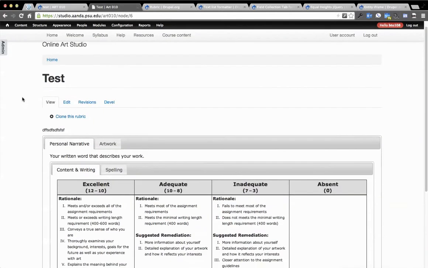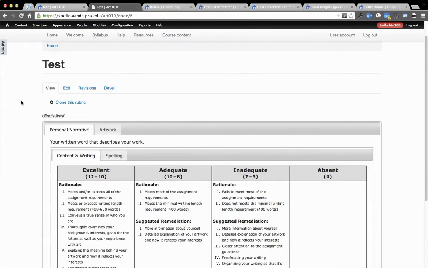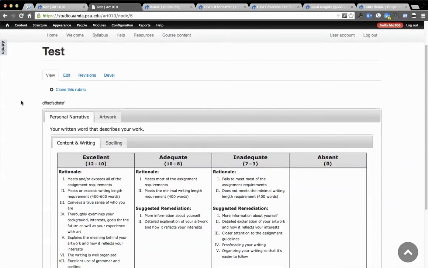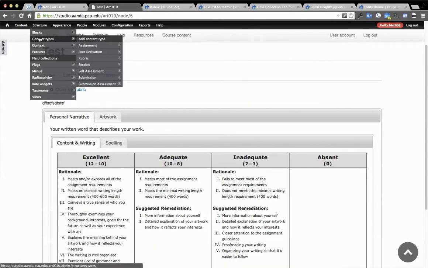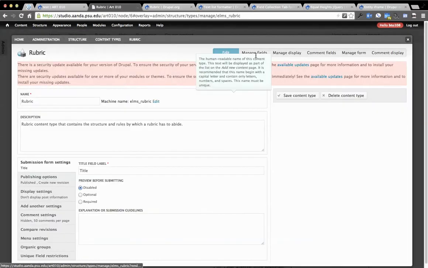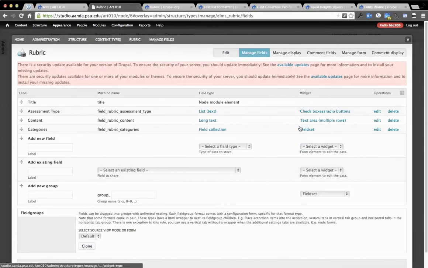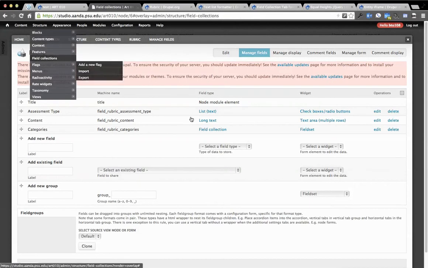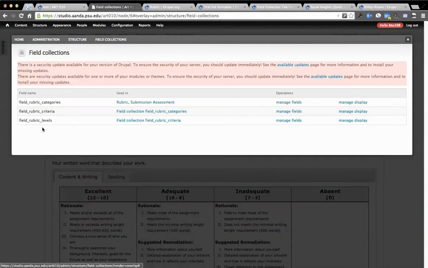So what we've got here is a Drupal managed rubric. It's a content type. So when you install rubric in the rubric feature, you'll get a rather sophisticated content type broken into a series of nested field collections. To see what the structure is of those field collections, we go pretty deep down here. We've got categories and criteria and levels, each nesting downward